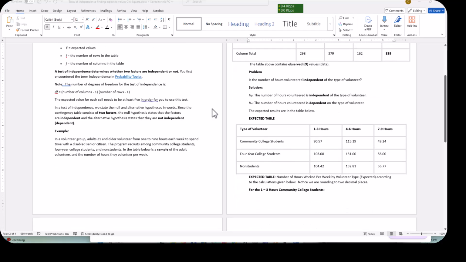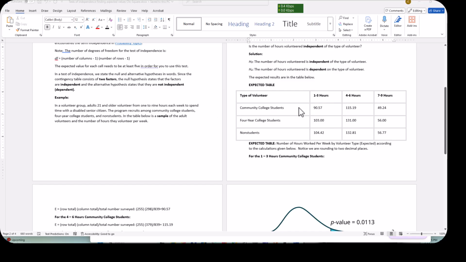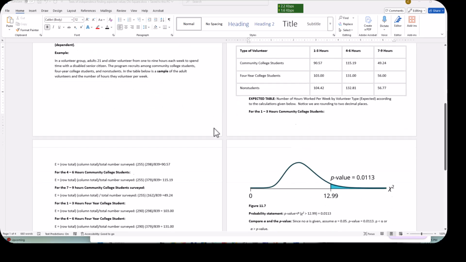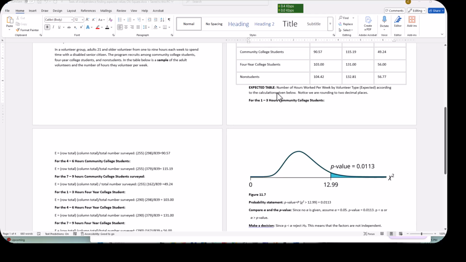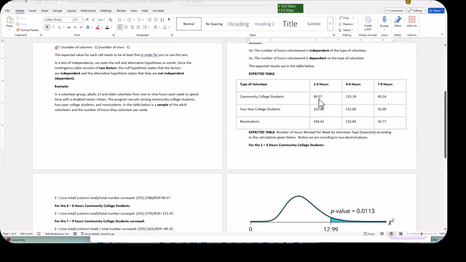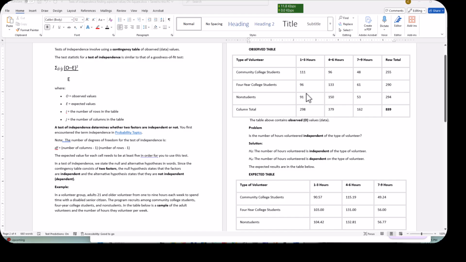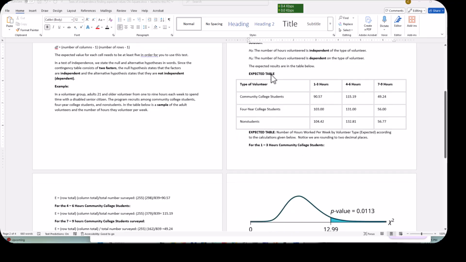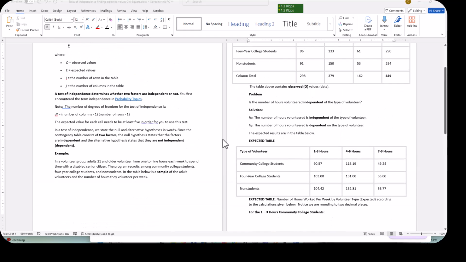Okay. Now I do the expected table. I've calculated this for you, and now I have to show you how to calculate it. So for the 1 to 3 hours community college student, we go back to the observed, and I have the formula here: row total times column total divided by total number surveyed. So for 1 to 3,